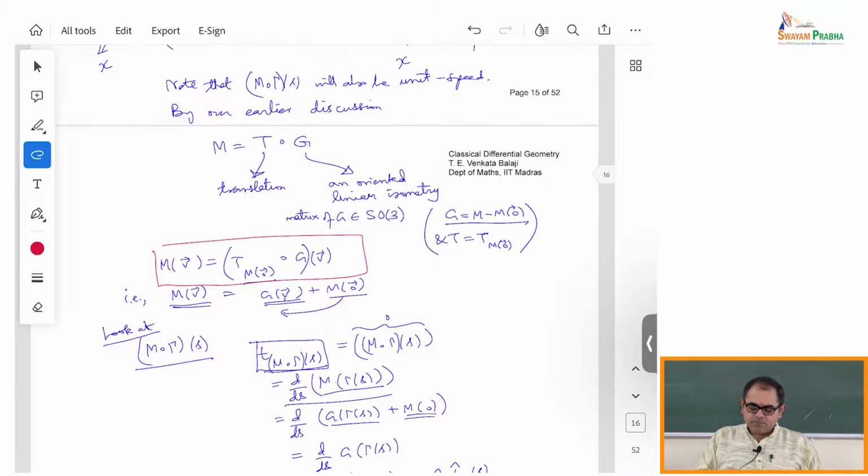In fact, what we did is, the rigid motion is broken down, as you know, into a translation and a rotation, which is an oriented rotation, a member of the special orthogonal group. It's an orientation preserving linear isometry, or an orientation preserving map which also preserves the dot products. Then we did computations and we showed that